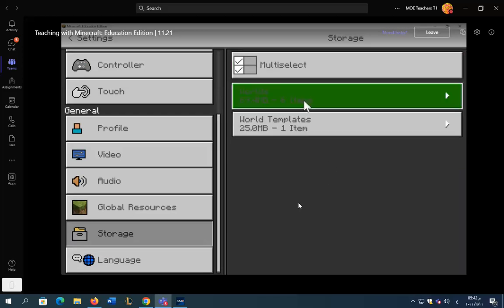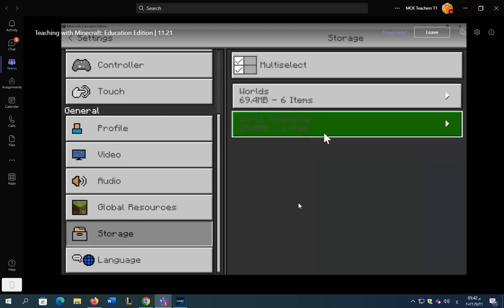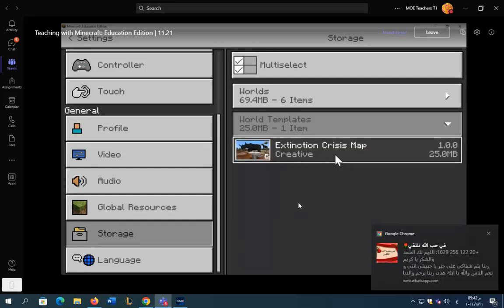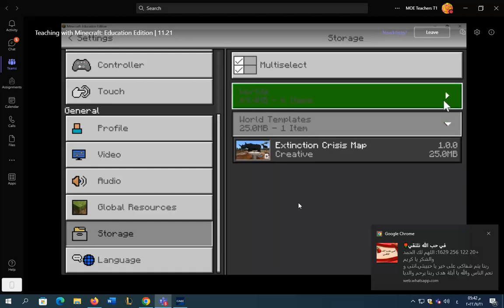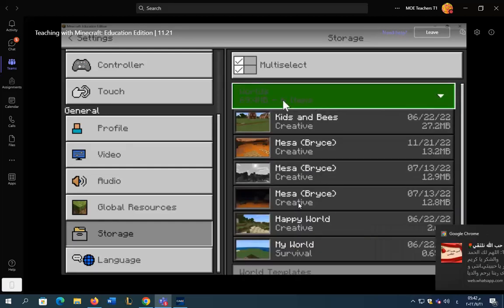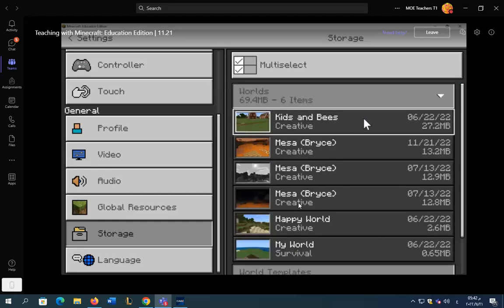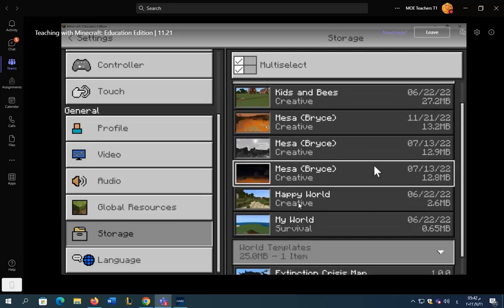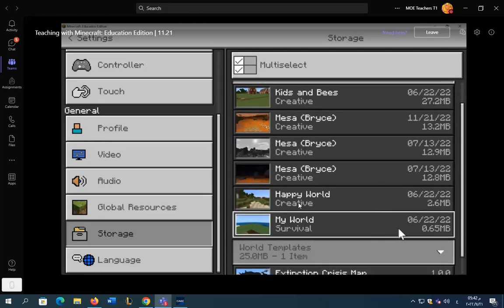So I can see my worlds and my worlds template. If I select worlds templates, I can see that there was one, the Extinction Crisis map. I can also see all of my additional worlds, which is 6 items. So I can see kids and bees. This is from 622. This one here is 1121, which is the one that we're currently working in. And I have some additional, like a world that I created,